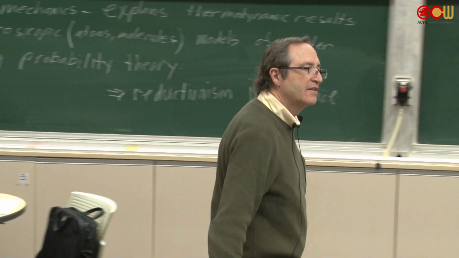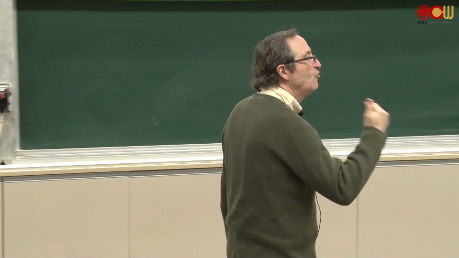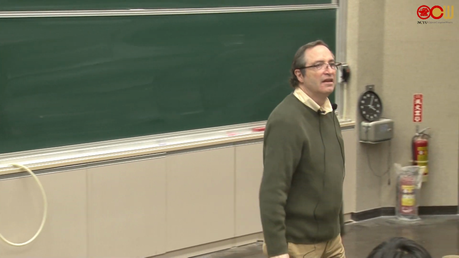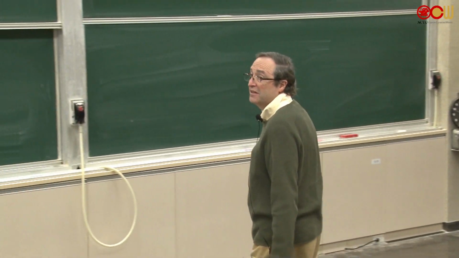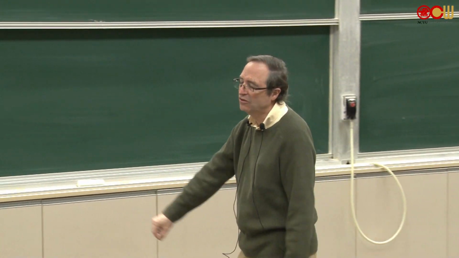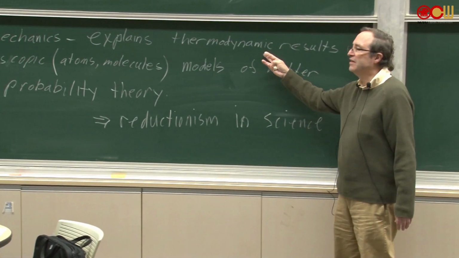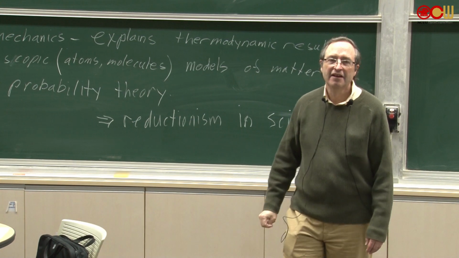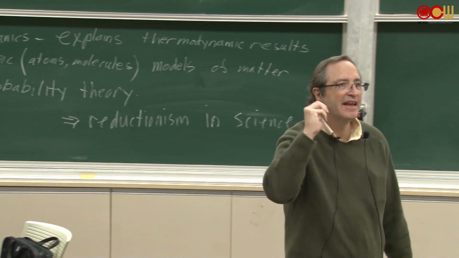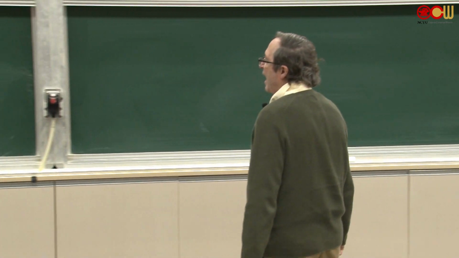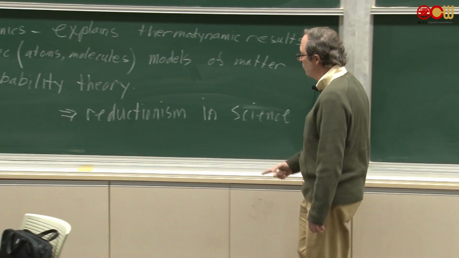Or nuclear physics, trying to understand how nuclei work by understanding the quantum mechanics of protons and neutrons and even quarks inside a nucleus. All right? So there are other examples, but this is by far the most common and illustrative example of how reductionism works